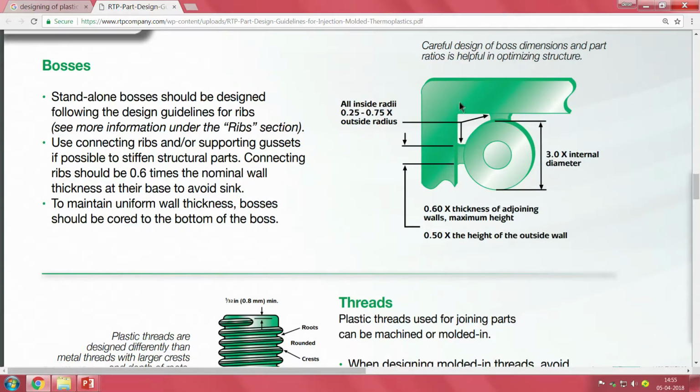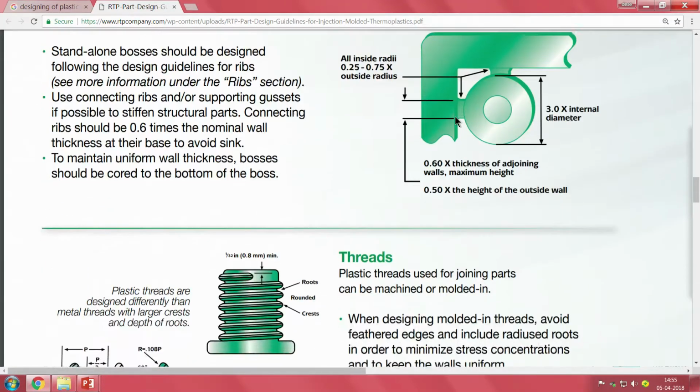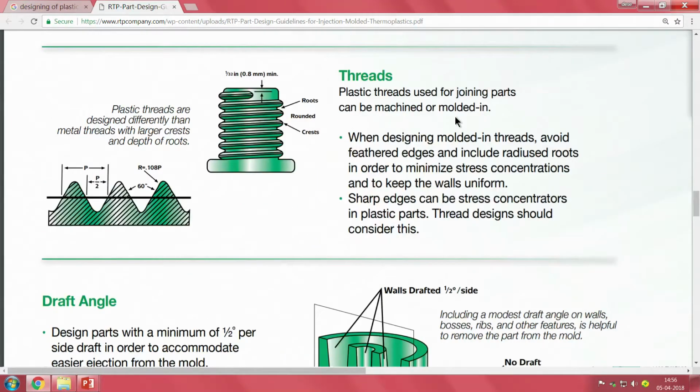They do not do it here because, as I told you, there is this problem of increasing nominal wall thickness. If you increase the nominal wall thickness, the whole thing will become messy, because first of all it does not inject well, and during cooling it gets badly affected. These are the small differences which you need to work out when you want to work with a 3D printing machine. Okay, now you see here threads, you have seen that, no?